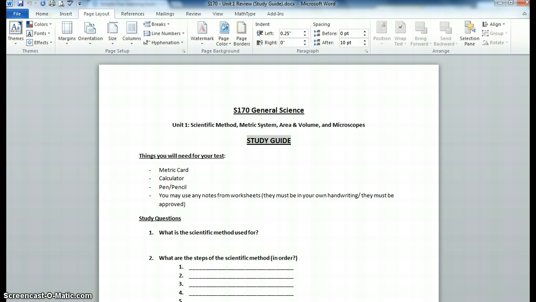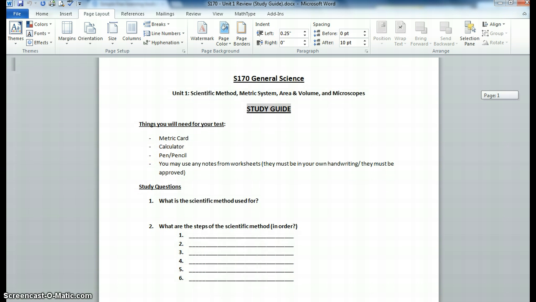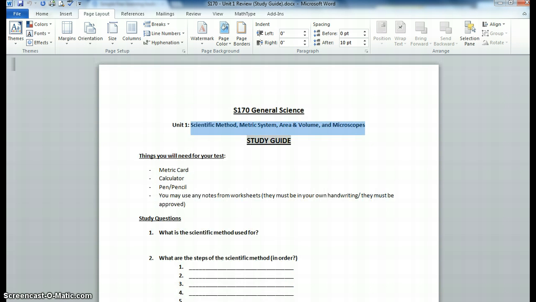It's a general science class, and oftentimes we get kids in that section that, English is not their first language. So I get to use some of the applications of what we talk in class in order to help them learn different concepts. Specifically for this unit, it involved the scientific method, the metric system, area and volume, and microscopes. The class is pretty heavily focused on building vocabulary as well as reading and strategies for taking assessments and overall